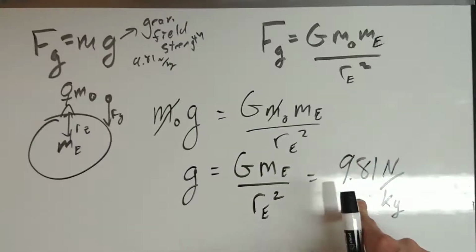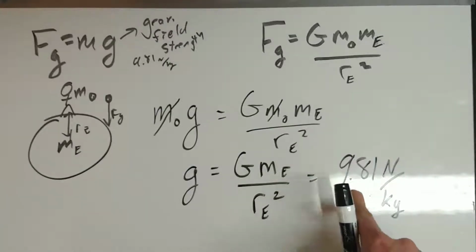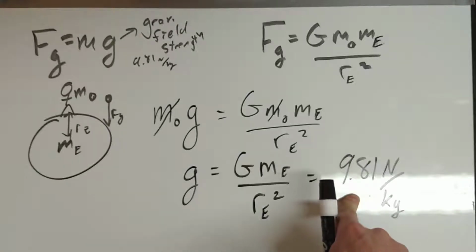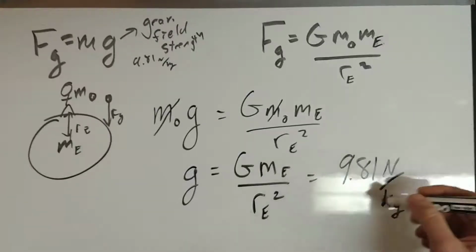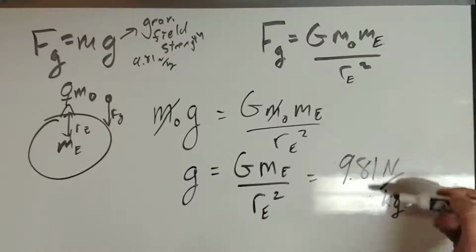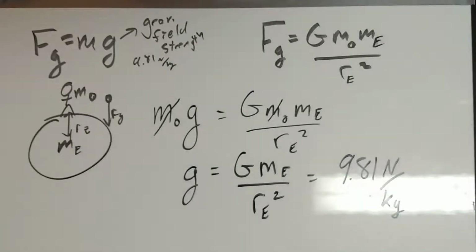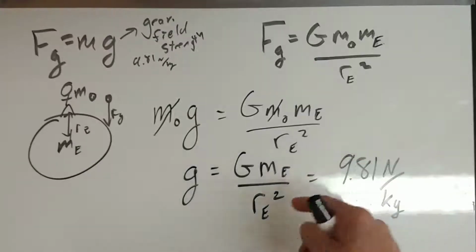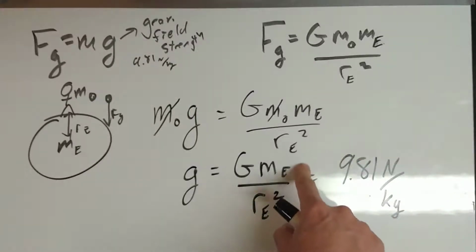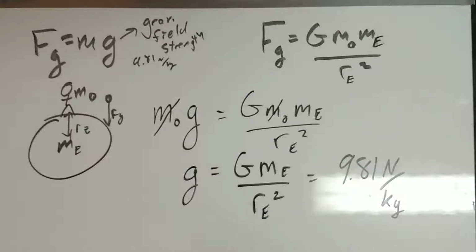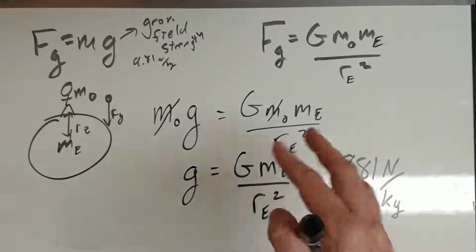Now, it does turn out that if you go in different places on Earth, that field strength does vary a little bit. I used to know these numbers off the top of my head, but I want to say it only varies in the 100th place here. 9.79 might be about the lowest. And it not only is affected by radius, but because it's affected by mass, if you're in a particular place in the Earth where the ground is very dense, meaning like a mountain where it's basically granite, or, you know, bedrock is close to the surface, that is actually going to cause a little bit higher gravitational field strength. And there's these really cool mapping things out there